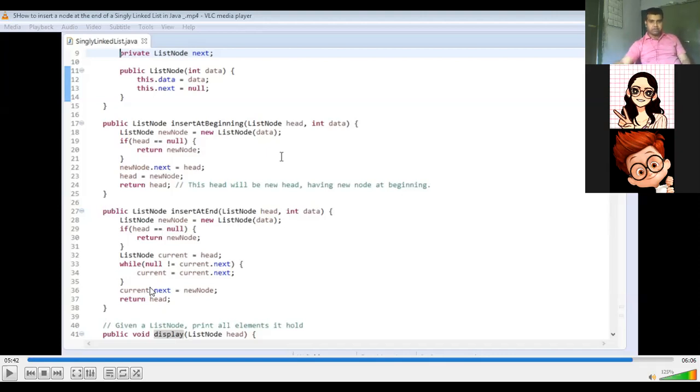Now with the help of that, you have been connected, and then you are returning the head. Head means right from the very first node till the last node, you're printing the ultimate new linked list with a node attached at the end of the linked list. So this is basically how you insert the node at the end of the linked list. If you have any problem, ask, otherwise we will move towards the deletion.